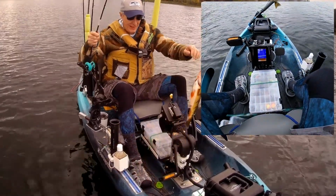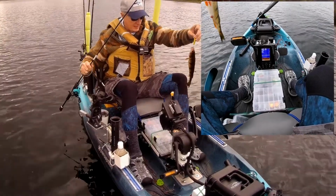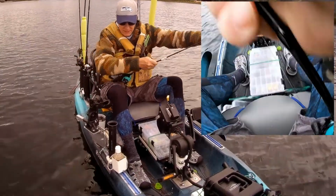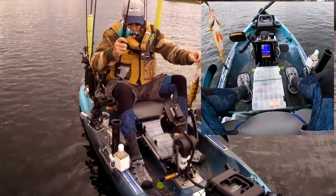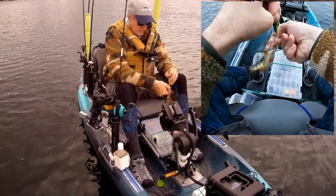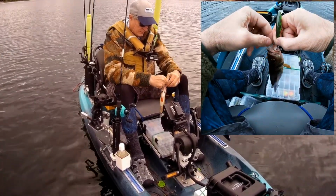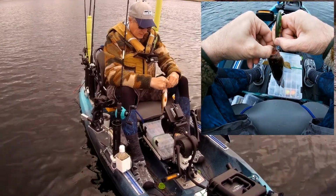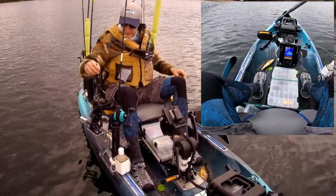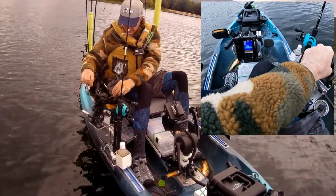I didn't even know I had it on there. Oh, you moron. Look at the size of that thing. I've been dragging him around for a while. I'm going to keep that one because I think I'd like to eat that. Alright, you dumbass. That's a hell of a fish. Let's see if I got a